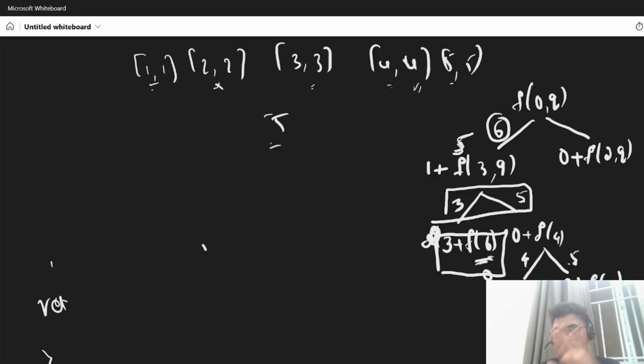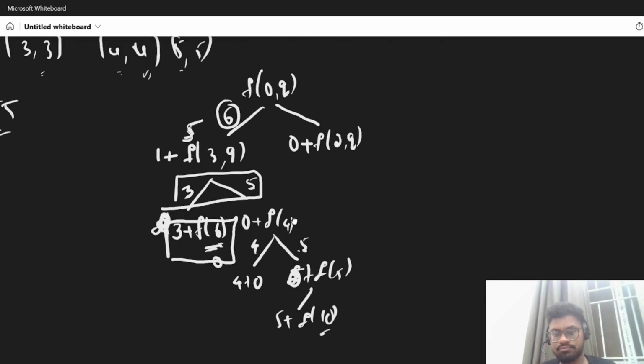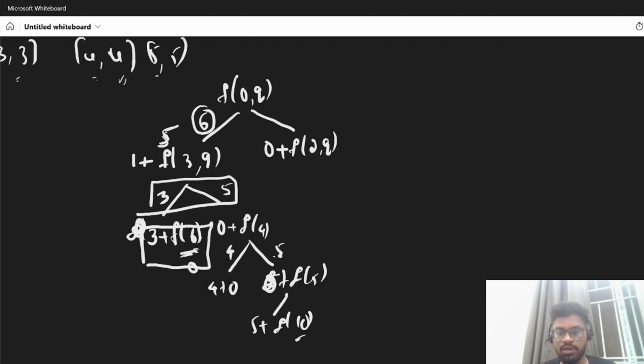I'm not drawing all the recursion flows, because that will take too much time. I'm just drawing it as a reference, so you'll understand. Okay, now